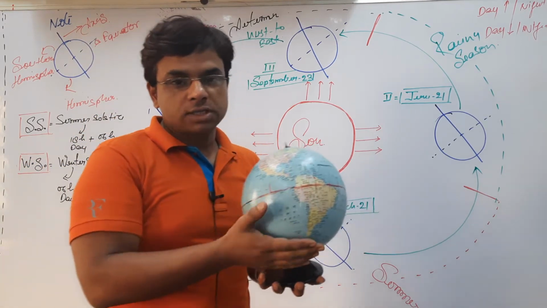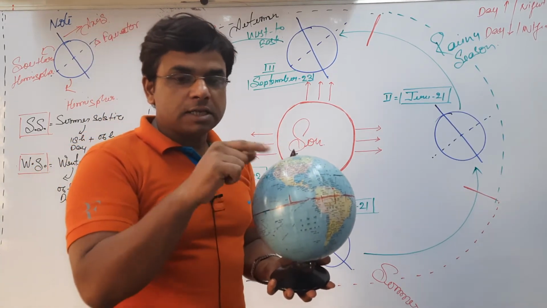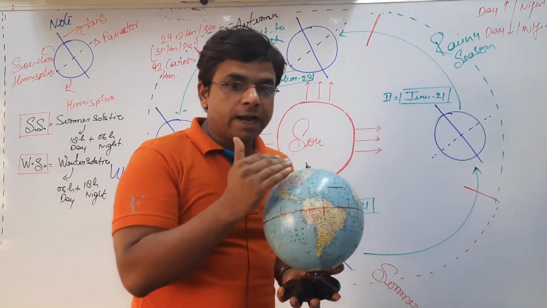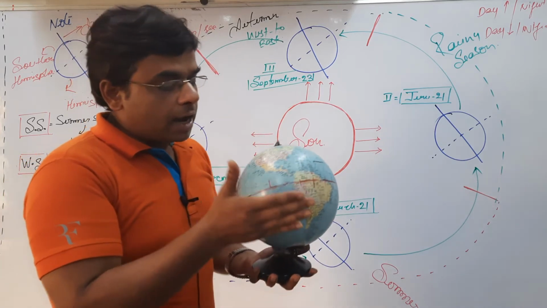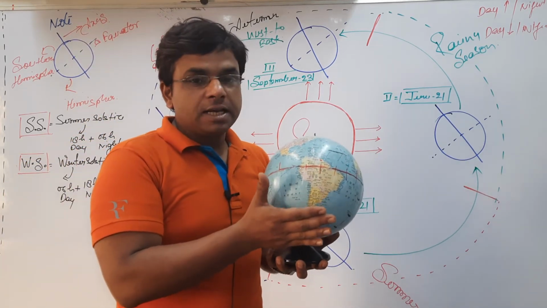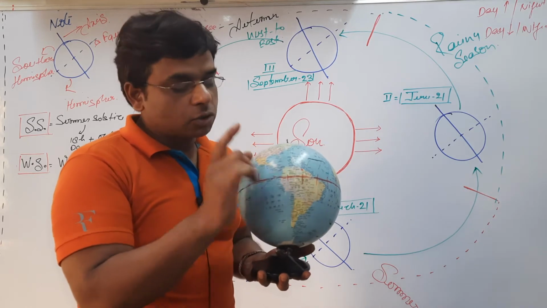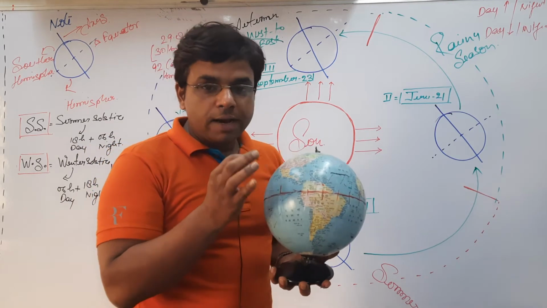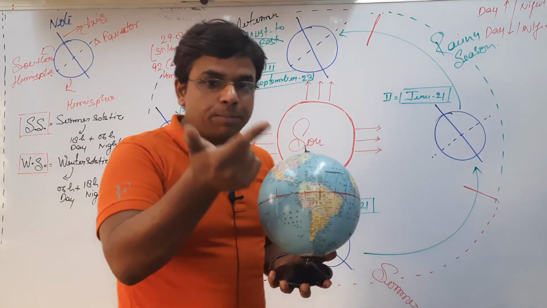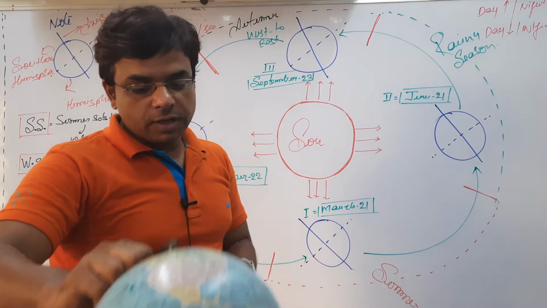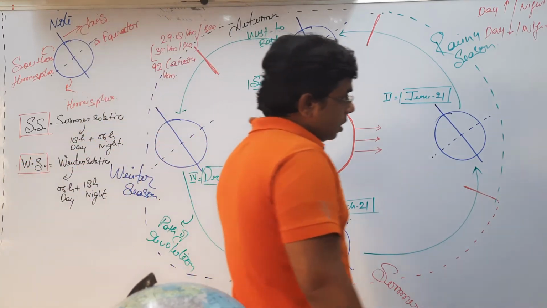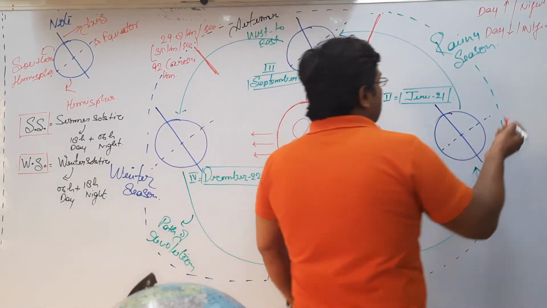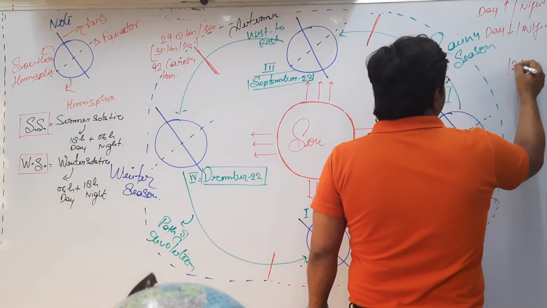Simultaneously, in the same proportion, if the duration of the day is increasing in the northern hemisphere, the night duration is decreasing in the northern hemisphere, and if the duration of the day is increasing in the southern hemisphere, the duration of the day is decreasing in the same proportion in the northern hemisphere. Because whatever the increase or decrease in the duration of the night and the day, the whole time span will be 24 hours.